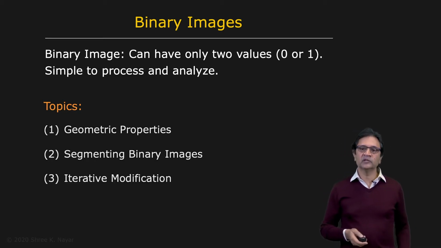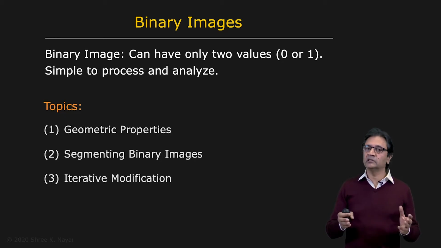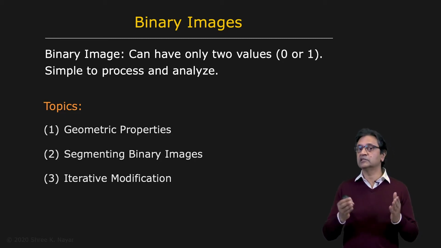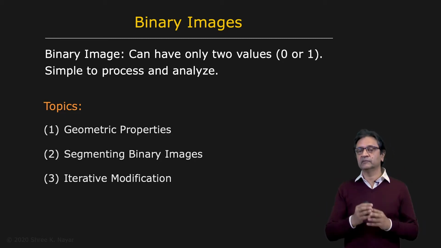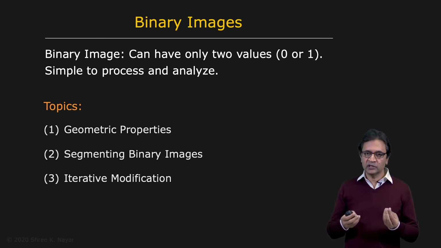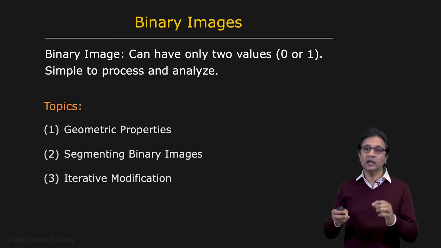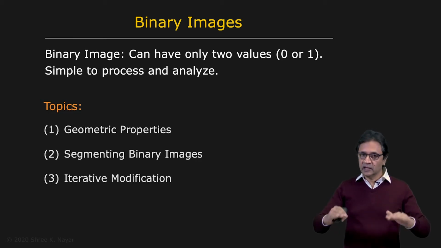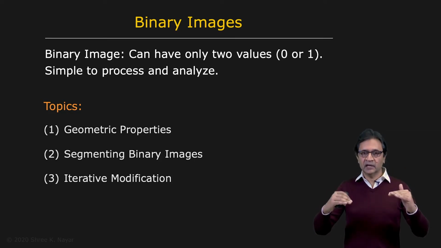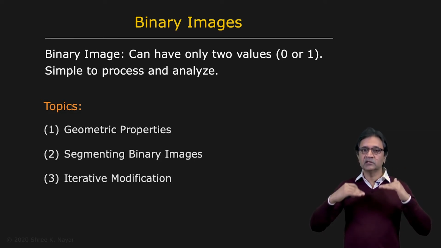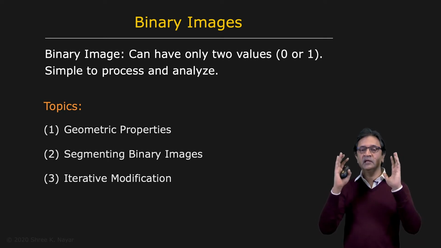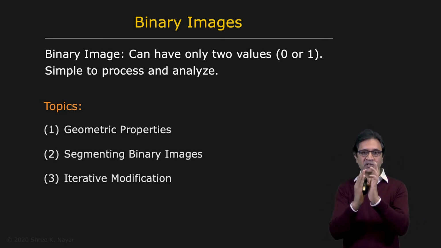And then we'll talk about the problem of iterative modification. Imagine you're given the binary image of an object and you want to find its skeleton by thinning the object. This is the kind of operation that you can actually conduct by applying a simple algorithm to each pixel in the image in parallel, and then taking the output and feeding that in as the input again. So iteratively you modify the image to take the initial image and thin it down to a skeleton.